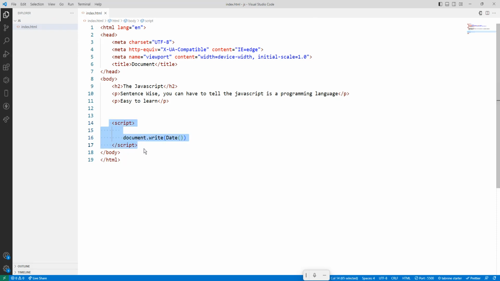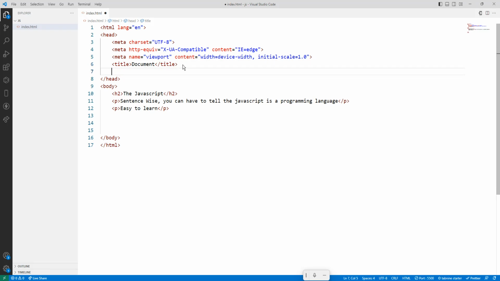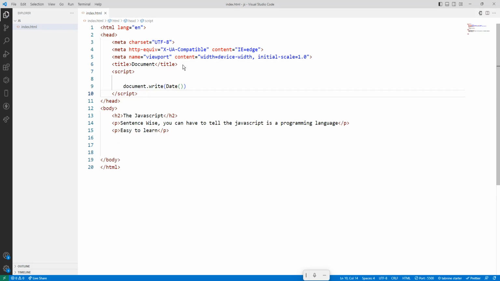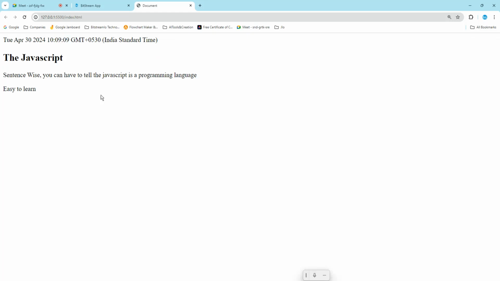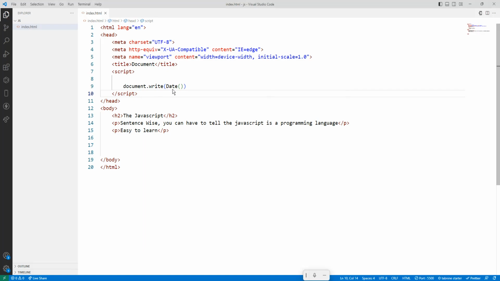Either I can add the same thing inside the head. Control S. Still, it is running. Got it. So you can mention it inside the head, and inside the body also. And one more, the last one, is